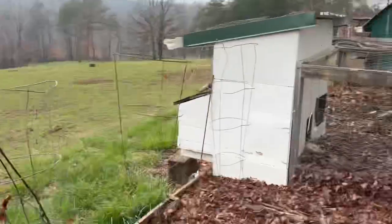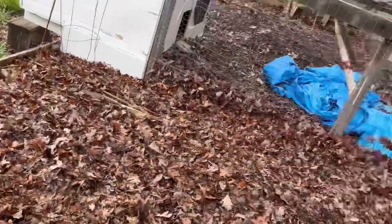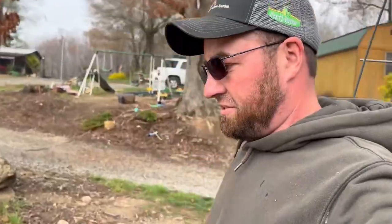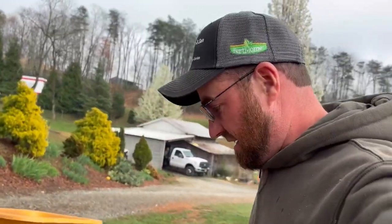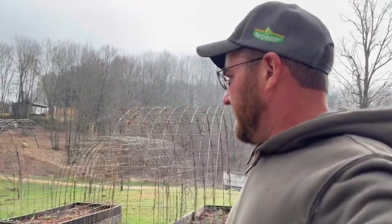And what y'all didn't see is all these leaves that are scattered out on here. I took my mower and sucked the leaves up off the yard and dumped them right there, so that's an additional layer of mulch. But anyways,